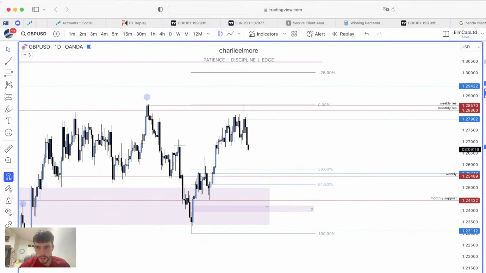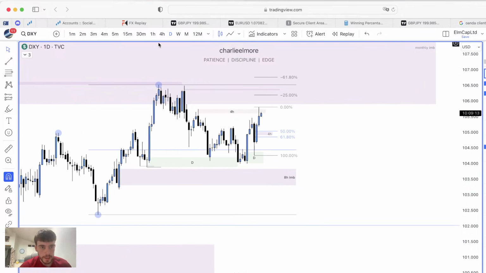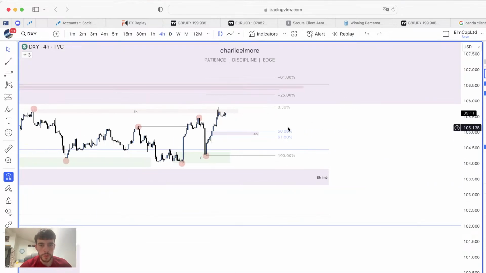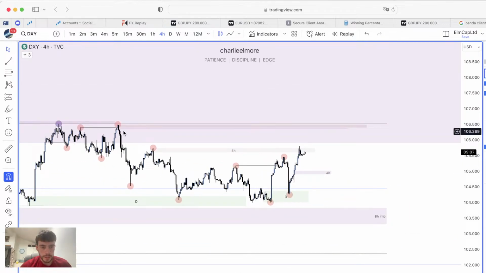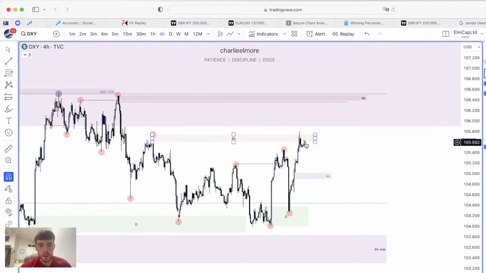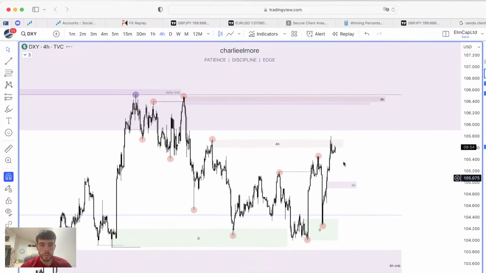So coupling that, obviously this is pound dollar, not pound yen. So coupling that with the dollar analysis, which is very, very important to do. Obviously we've got targets which we can reach on the dollar, which are higher up. So if this does go higher, this is going to do what for the pound dollar? It's going to bring it down. So this is one to look out for.